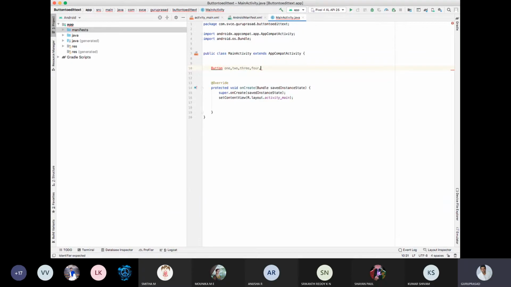5, 6, 7, 8, 9, dot, then 9.0, equal, plus, minus, then plus minus,